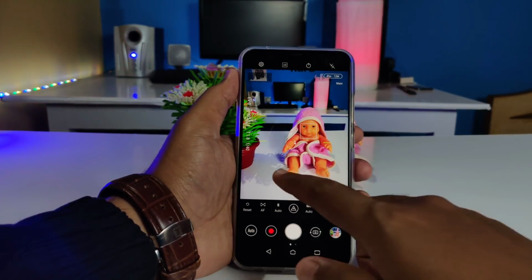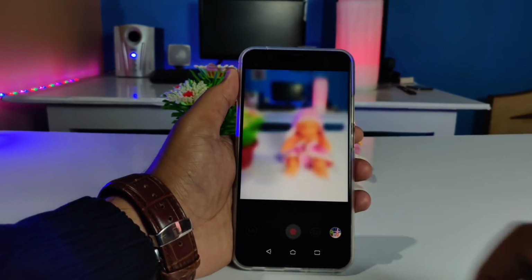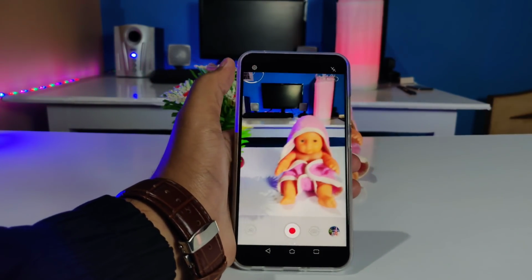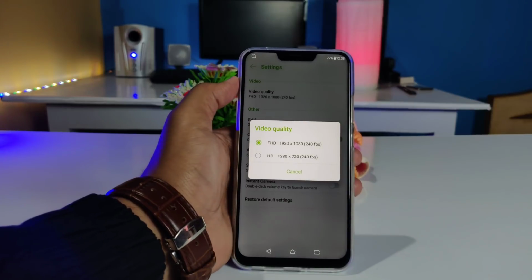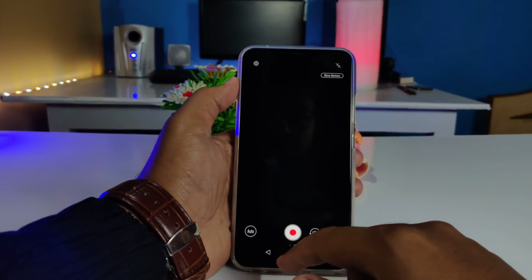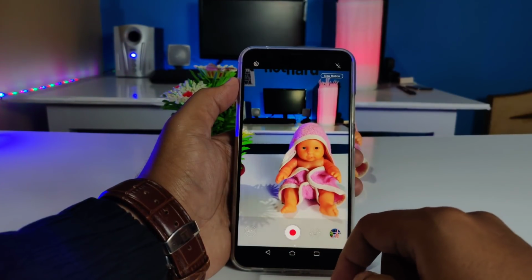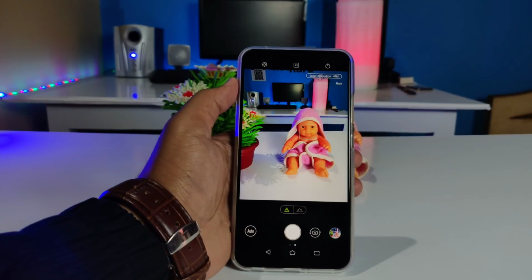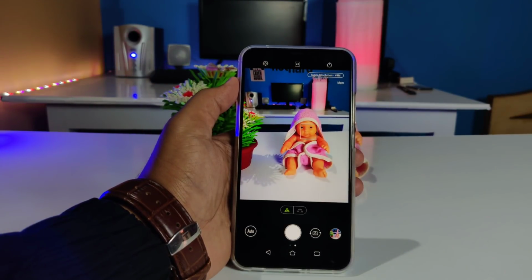Now also there you get a ton of features like super resolution and slow motion. The best part is that, like the OnePlus 6, this device also supports 1080p at 240 fps slow motion video recording. However, the OnePlus 6 has an edge, having 480 fps video recording. So there you get the slow motion, and this device also supports the super resolution